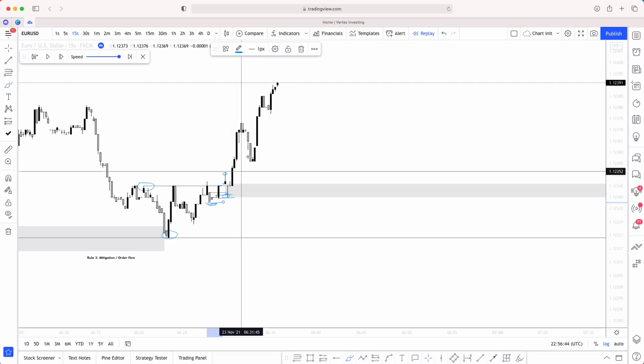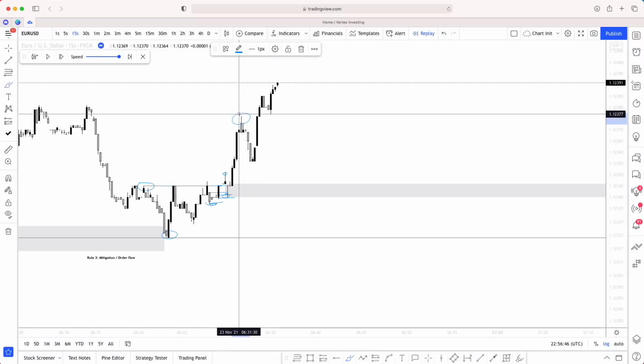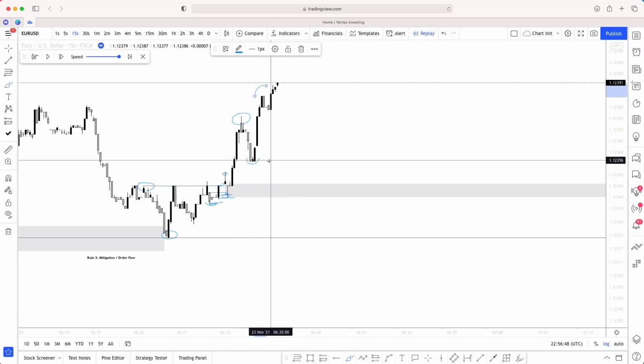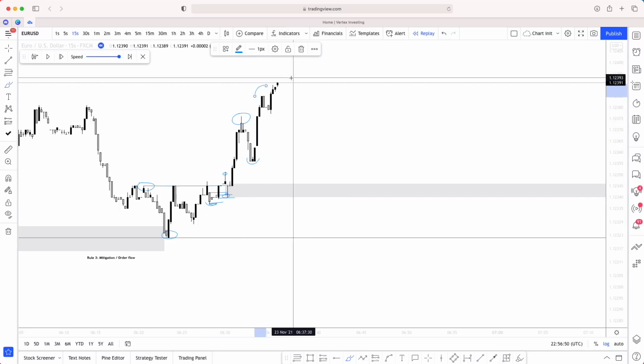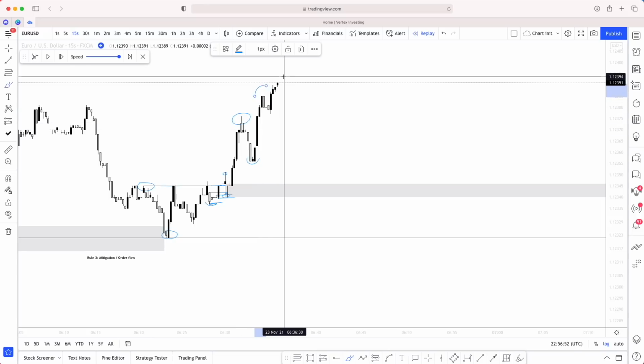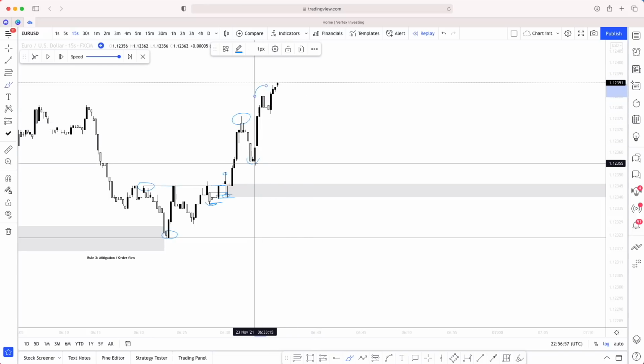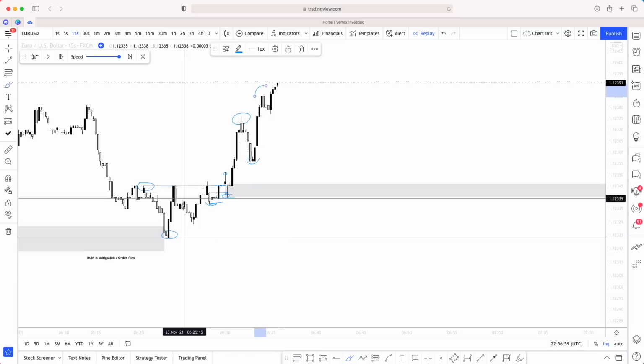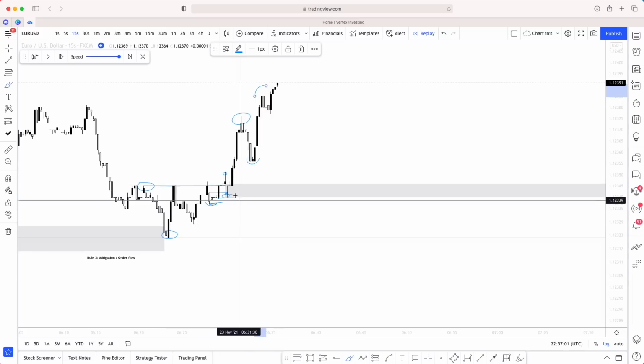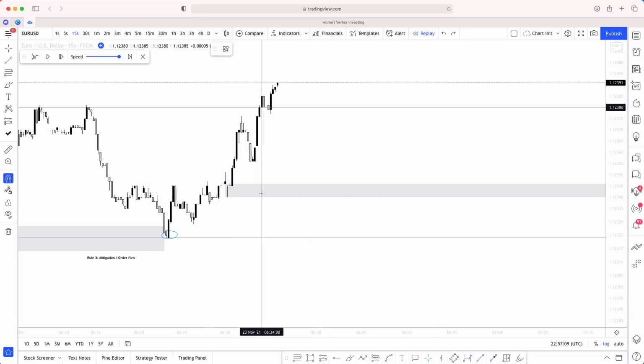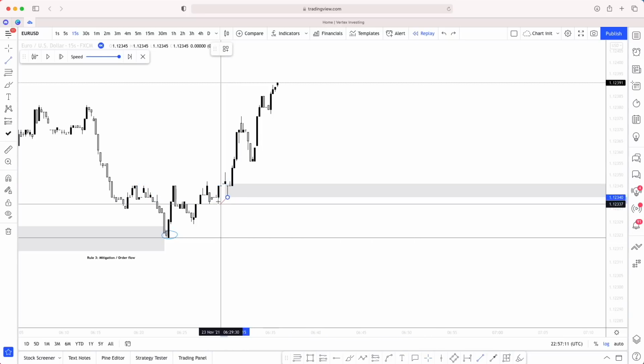We have mitigation, and then we have a new high being formed: low, high. This is what I said in terms of new highs being formed and new higher lows. It doesn't matter because all of this is just liquidity, because the mitigation point is here, so order flow is here. So this now gives you another point of invalidation here.